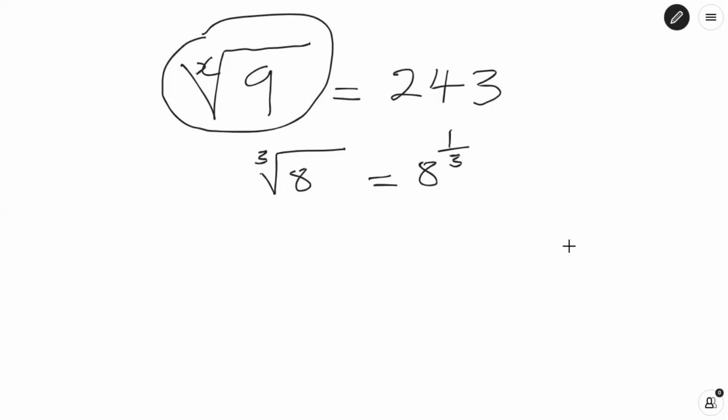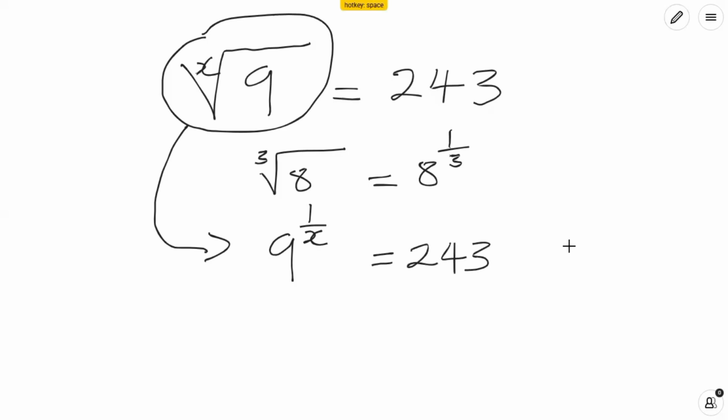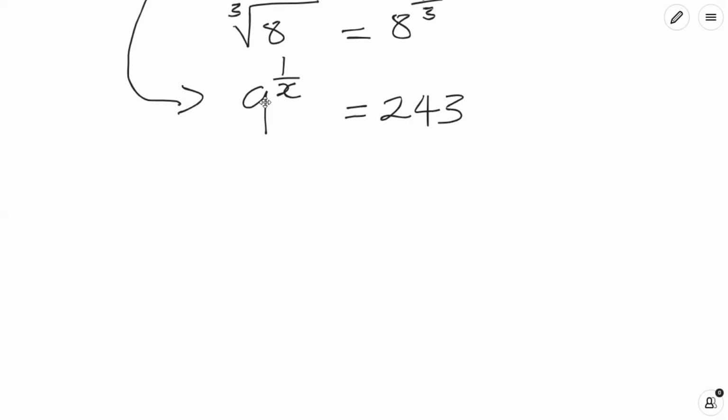So what do you think the x root of 9 is going to be in exponential form or power form? The x root of 9 is equal to 9 to the power of 1 over x. So our equation is now 9 to the power of 1 over x is equal to 243. Next,